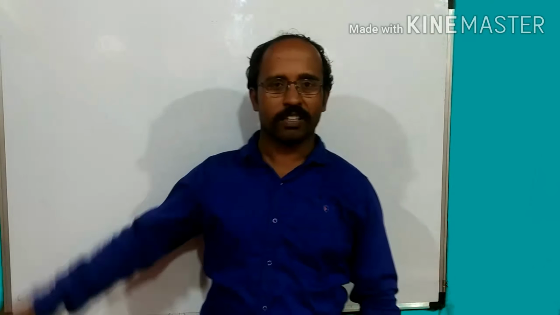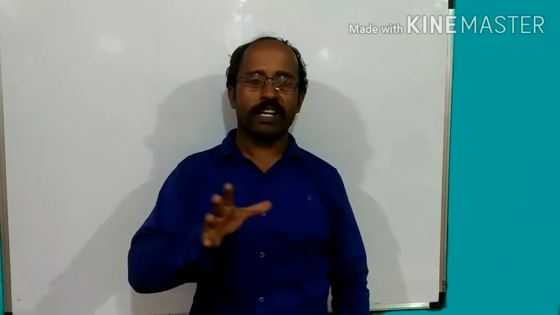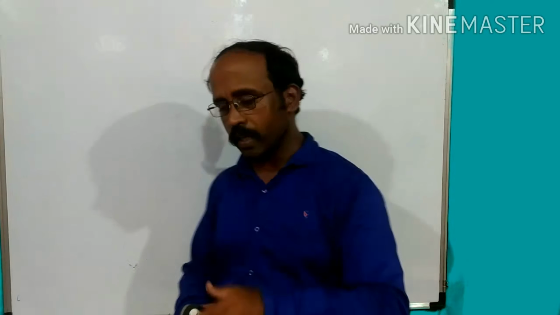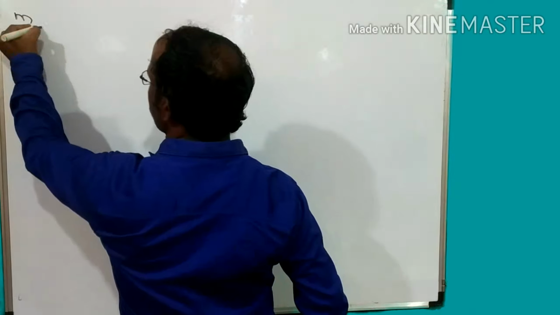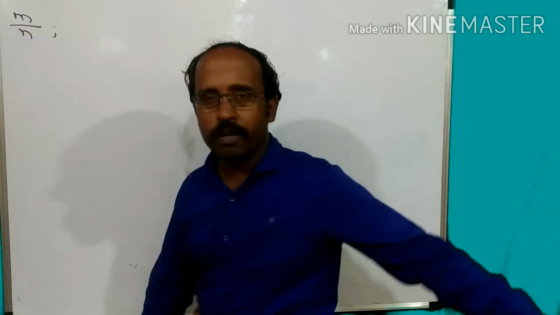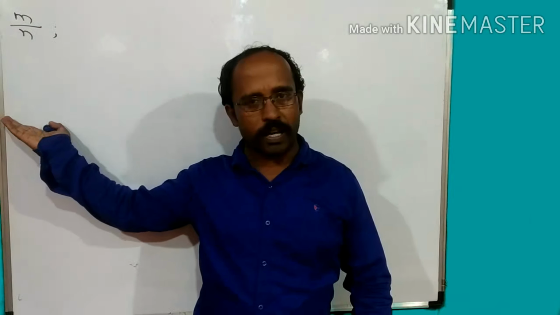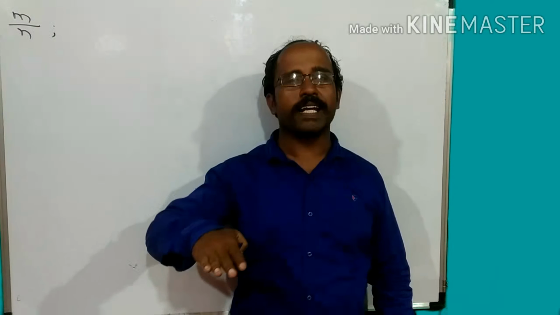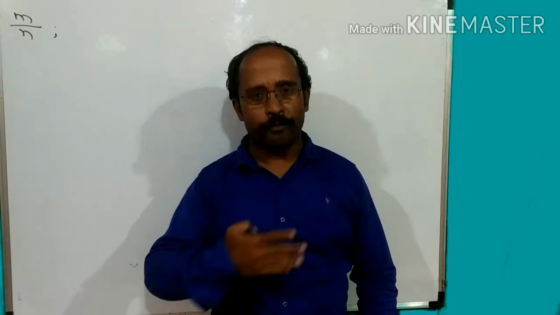Welcome to mathematics. Students, in our previous video, we learned how to show a rational number on a number line. In this video, we are going to see how to compare two rational numbers. Once again, we have to compare rational numbers. Rational numbers are nothing but m upon n, means numbers in the form of fractions. So comparison of rational numbers is identical to the comparison of fractions.